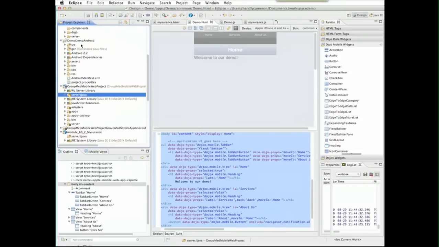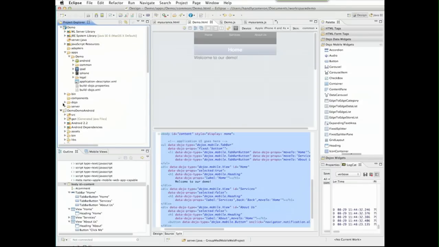The other thing that happens here is we saw the demo, and we see down here under the bin category is actually my application compiled as a WAR, so that's what gets put on the server, but I also have individual Worklight app files. So "all" is what you would think it is, and then individual Android, iPad, iPhone, etc. What those are is that when I want to deploy the application, maybe I have a server infrastructure group that says, we really don't want our developers just pushing things out to the server or dropping them on there. I can put these in and set them up so that they can upload those files. And what that looks like,